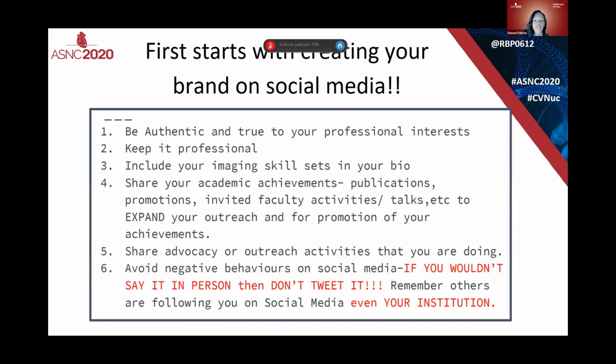So, of course, before tweeting away, it's very important, as Ritu had mentioned, that you create your brand, be true to your professional interest, always keep it professional, and be authentic as well, highlighting your academic achievements and also supporting the achievements of your other colleagues, sharing your advocacy and outreach efforts as well, and of course,